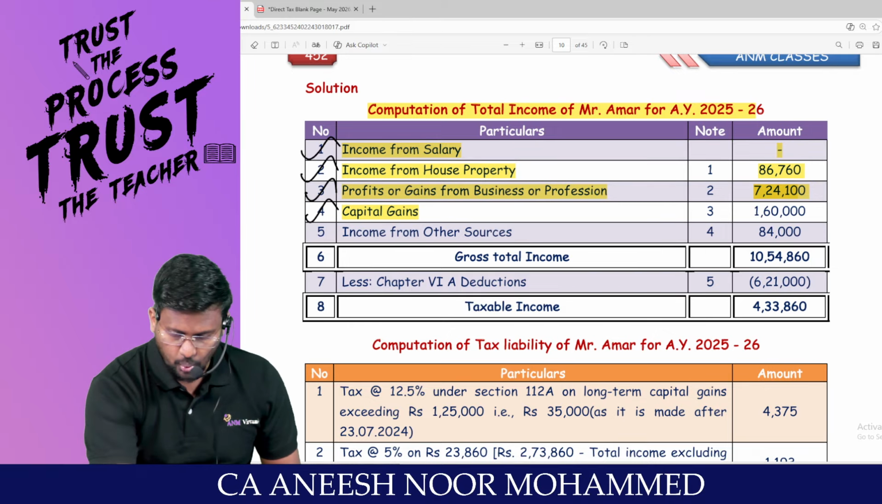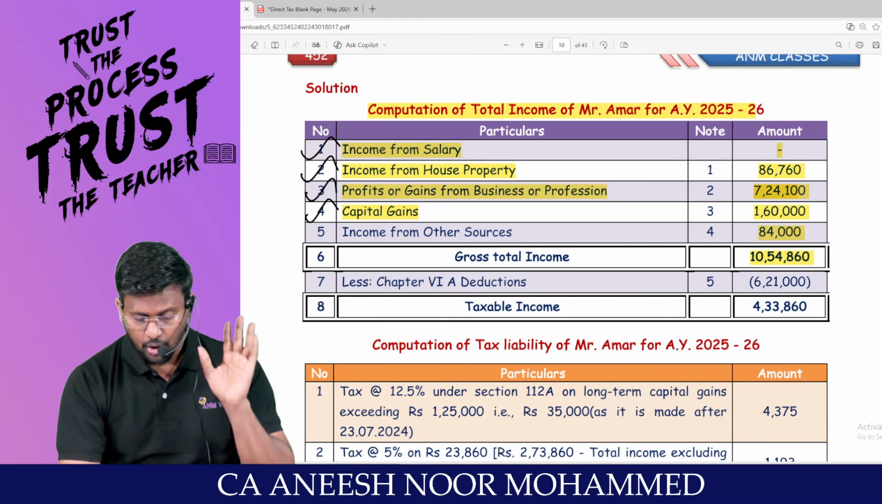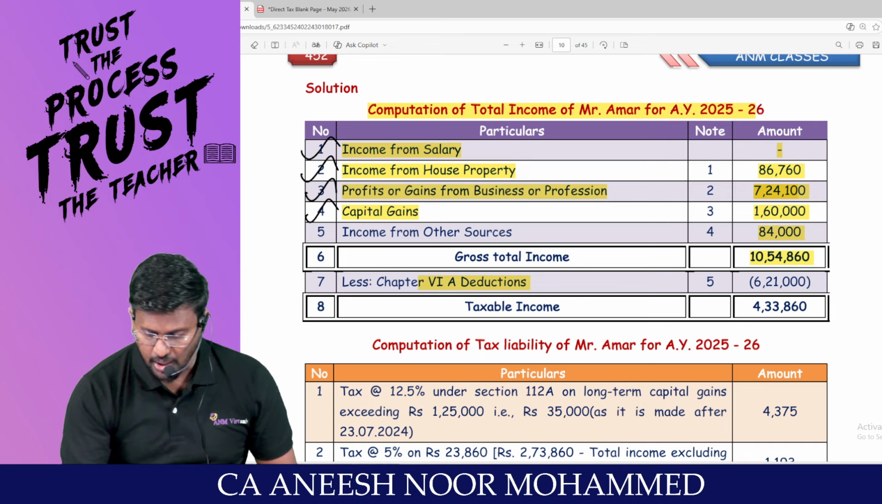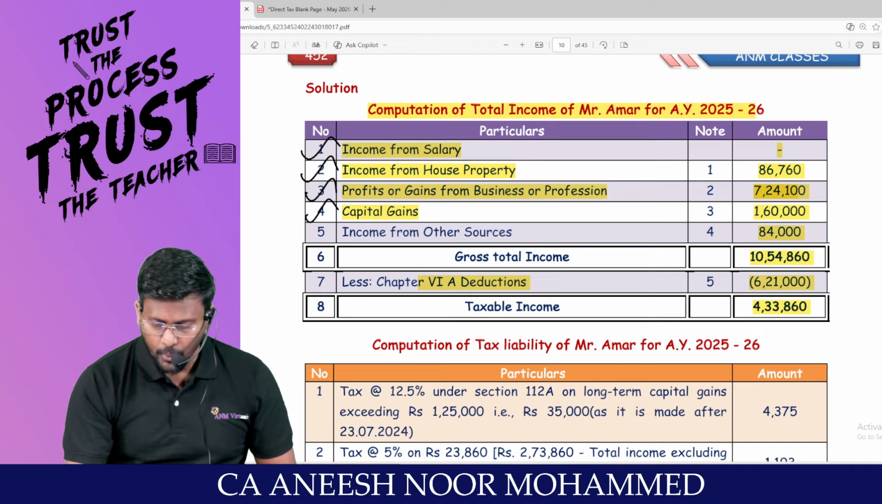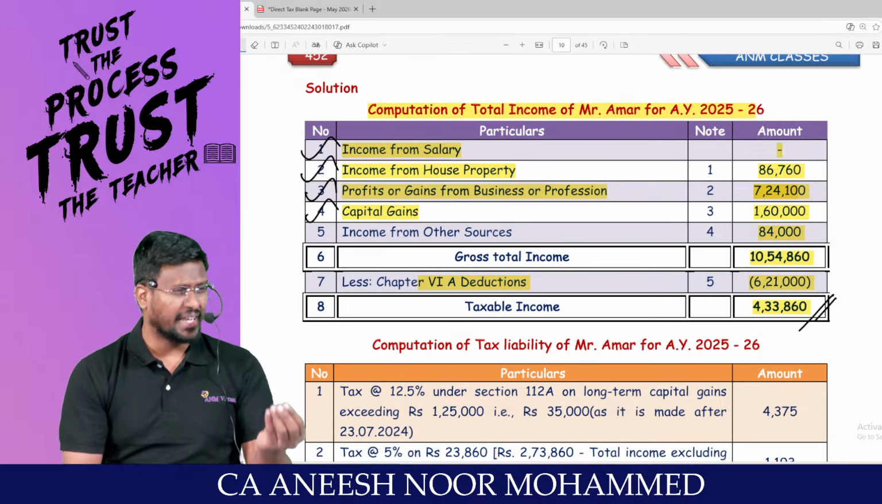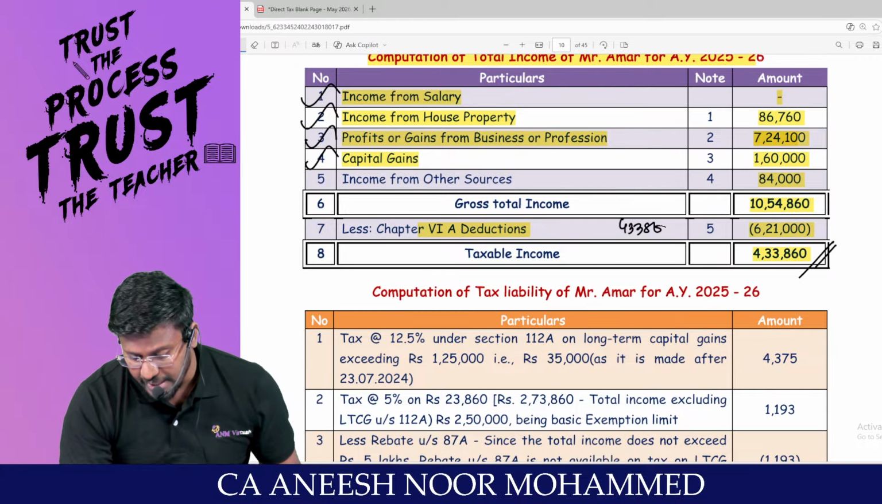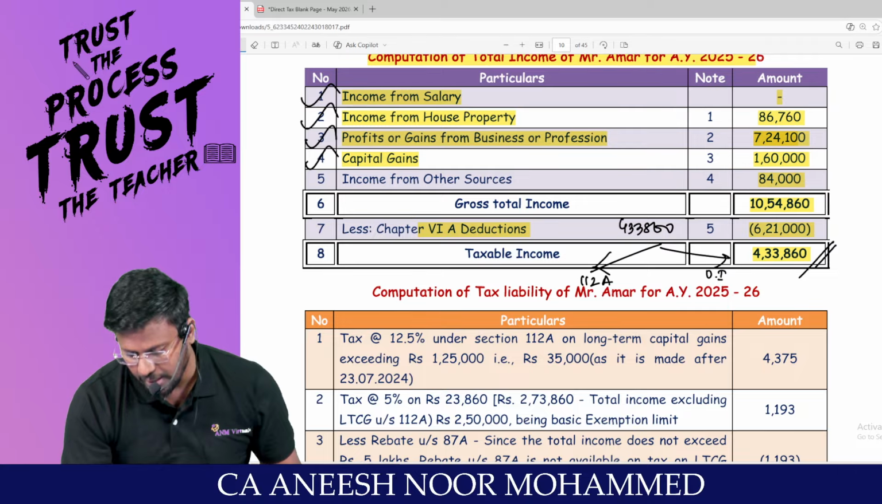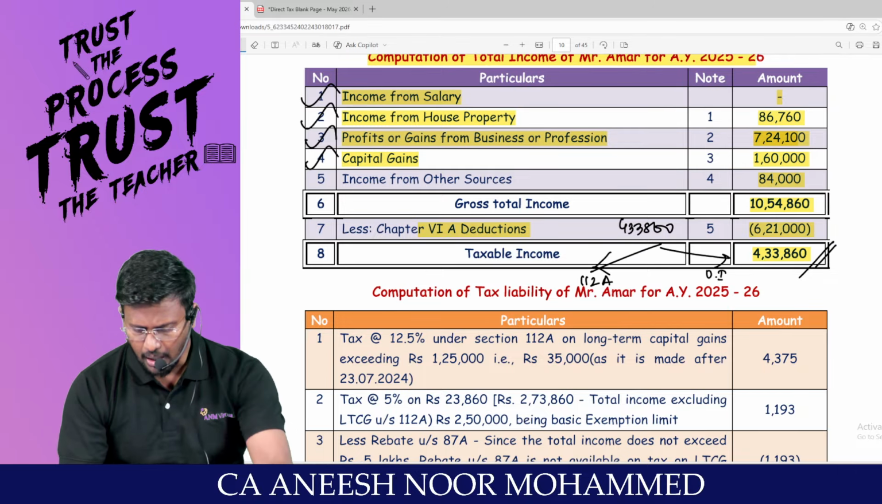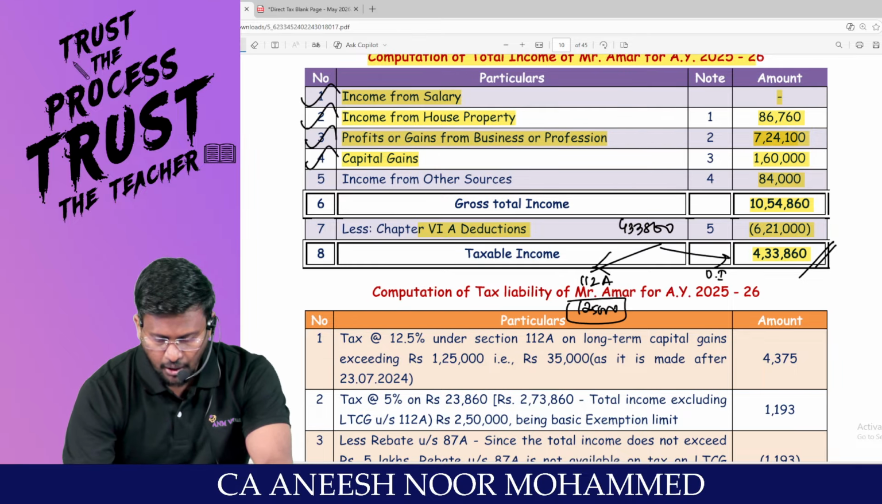Look at the computation, man. Sir, we have calculated capital gain and we have calculated IFOS. We landed up with gross total income. We have reduced the chapter 6A of 6,21,000. You will be getting a total income of only 4,33,860. Even that 4,33,860 comprises special income, which is 112A, and other income. Am I right? Sir, what is 112A? 1,25,000. My dear lovable students,